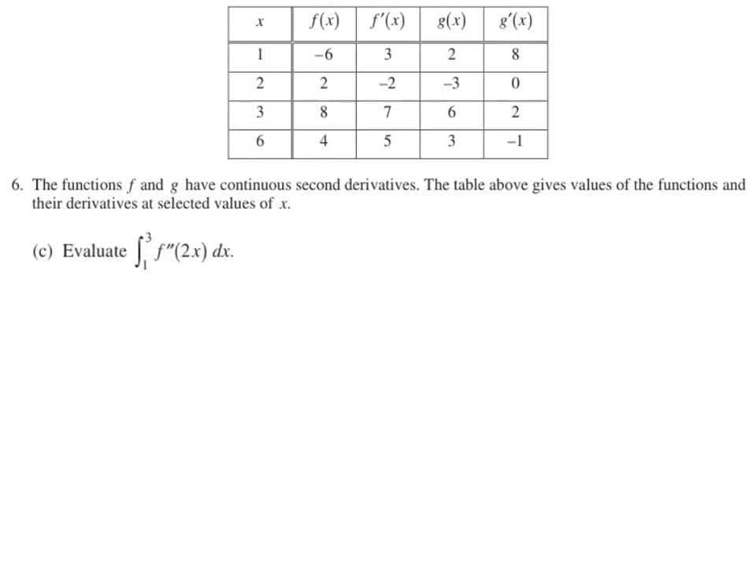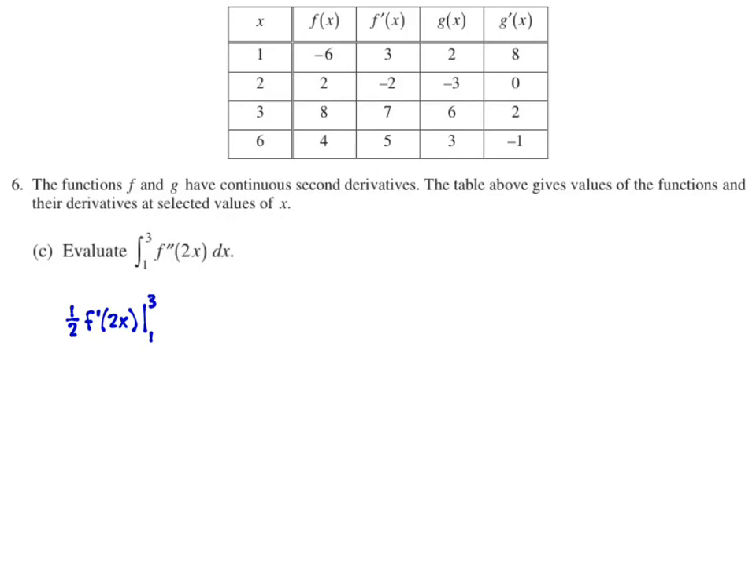For part C, it's saying evaluate the integral from 1 to 3 of f double prime of 2x dx. Now, if you know your integrals, you know that you need to take the antiderivative of this. Well, the antiderivative of f double prime is f prime. But because I don't just have f double prime of 2x, I have to be careful when I take that antiderivative. I notice that I have a constant multiple inside. So if I take that constant multiple and divide my antiderivative by it, I would end up with 1/2 f prime of 2x as